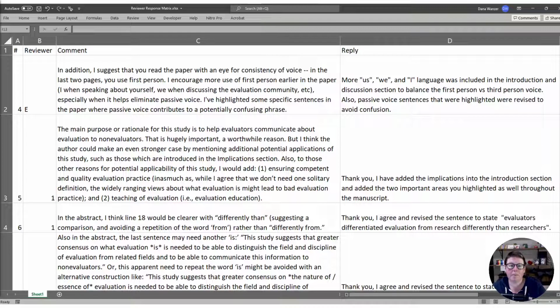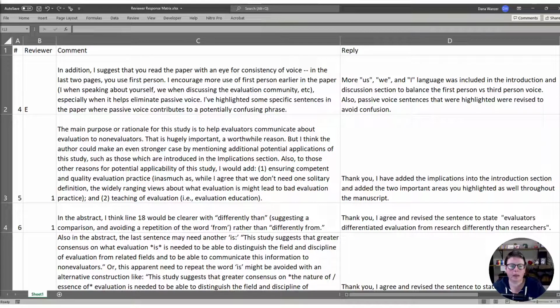This is the copy-paste verbatim comment from the editor or reviewer. And the reply, what I replied back to the reviewer or editor as a result of their comment. So this was me on the back end. I would write all this down, I'd reply, and then I'd go make that change in the manuscript.